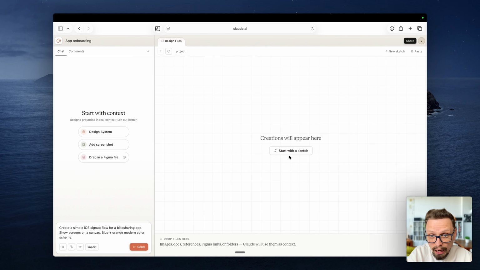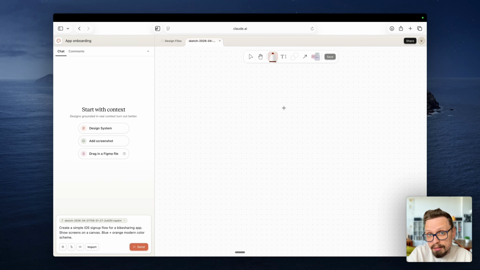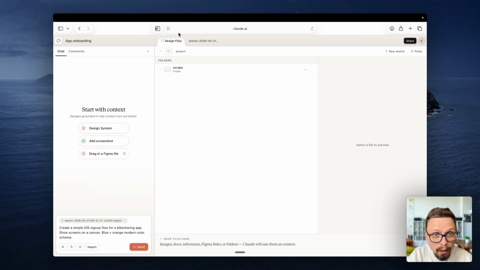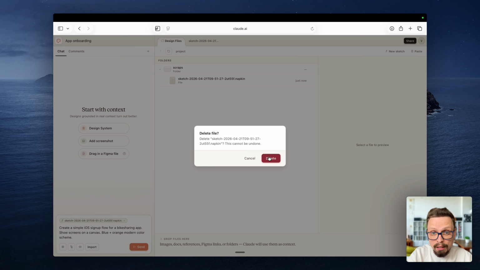When we start from a sketch, you can draw something that you want to design. For example, an application, maybe a logo, maybe printed materials. It's a simple sketch interface, and you can try to draw it. But I don't see how to delete the sketch that I drew now. Who knows? Let's see. And also we have a design files tab. And inside this tab, I see my sketch, and also I can delete or download this sketch. Okay, let's skip this